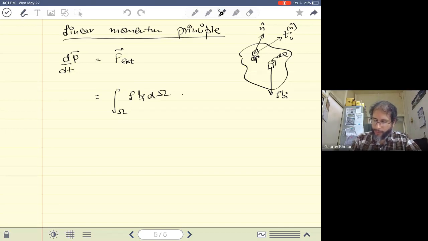Similarly, the surface force will be integrated over the complete enclosing surface of the body. So that gives us the integral over gamma, and the traction, if you remember, is the surface force per unit area, which we multiply by the area to give us the force. So the infinitesimal force on a small area d gamma is given as traction times d gamma, which when integrated over the complete enclosing surface gives us the total surface force acting on the body.